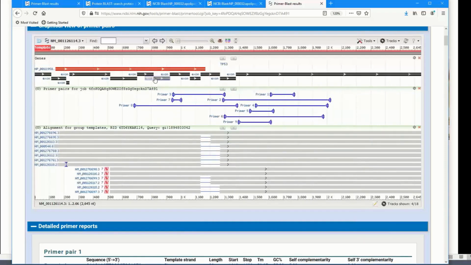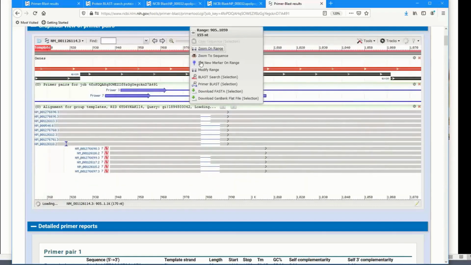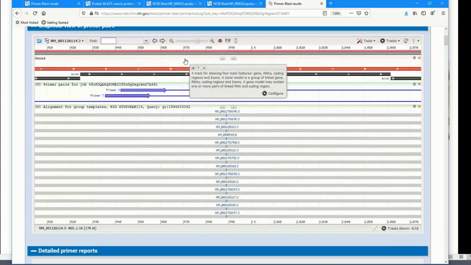The other thing that I can see here that's interesting is some of these primers are going to be on different exons. Some of them are not. So primer pair 7, I'm going to zoom in, actually is completely within a coding exon. That means it could work with the messenger RNA sequence, cDNA library, or it could work with genomic DNA. And so that's what we're going to use in a moment to try to find this gene in that macaque